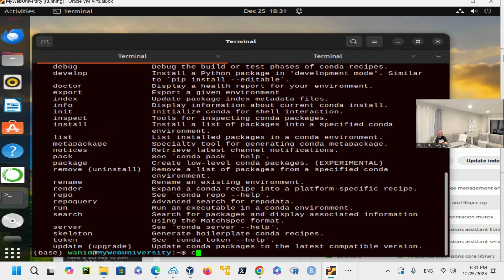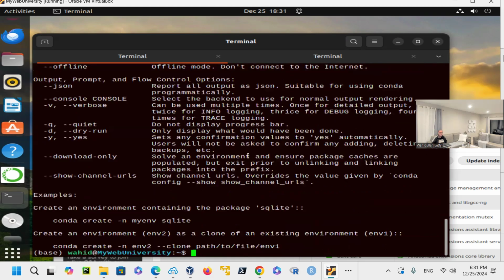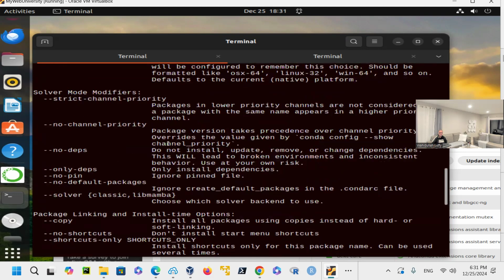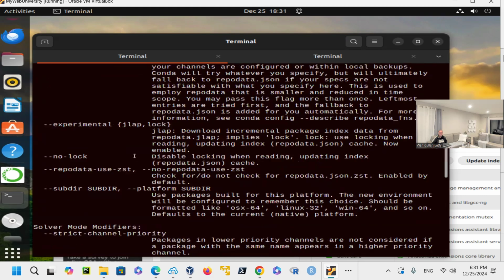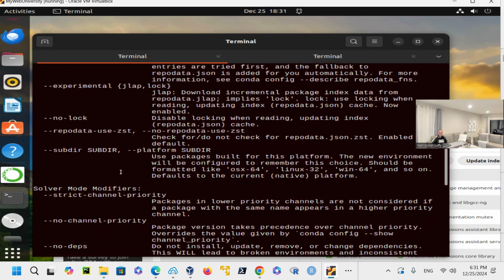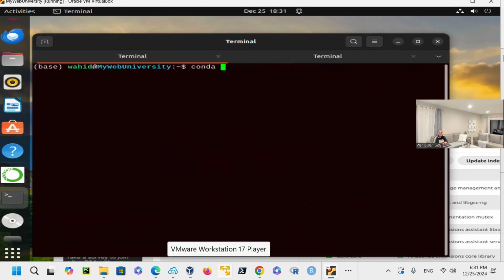So if you just say conda create and then --help, then it tells you that if you want to use the short name, you do -n, and if you want to do the long name, --name. So you could assign a name. All these parameters, nobody memorized all of them in one shot, but you could figure it out. And then once you understand one of them, you could say conda create -n for short, or --name to give a name of that